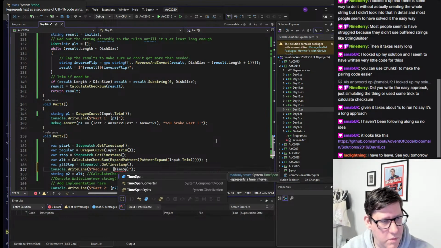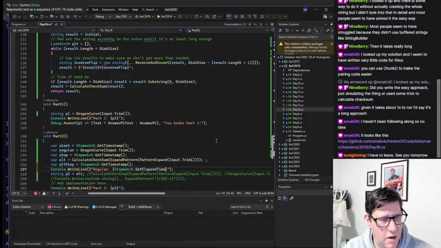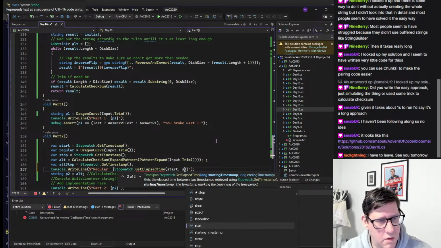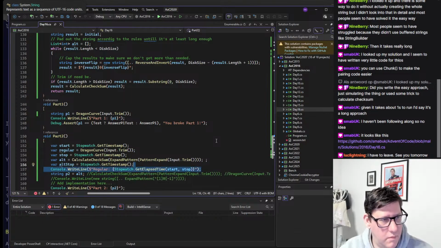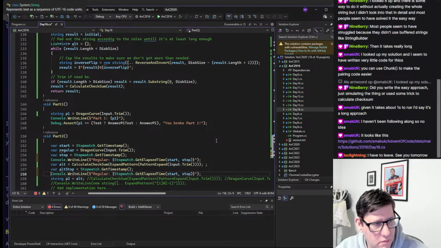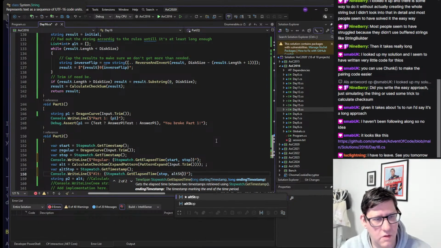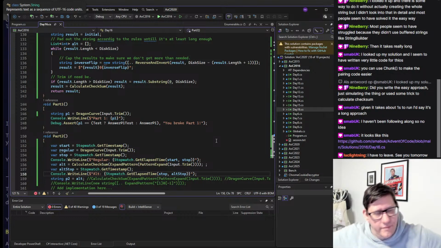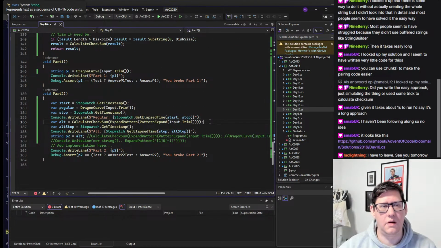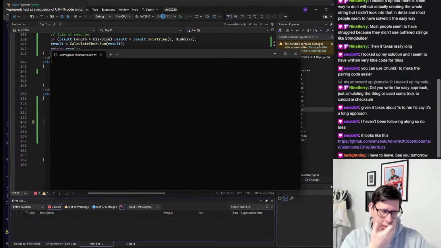Times that, no, stopwatch get elapsed time, start, stop. Let's put this here. Alt stop. Okay. Curious to see how this one works, if it works even. It should, but